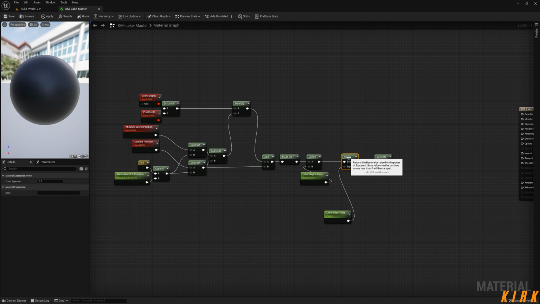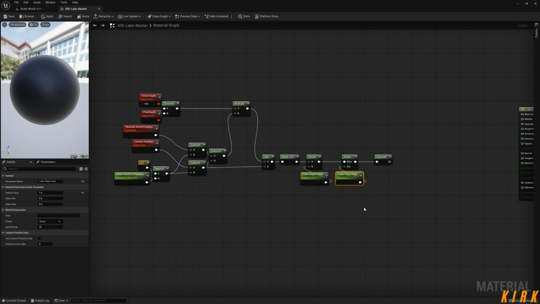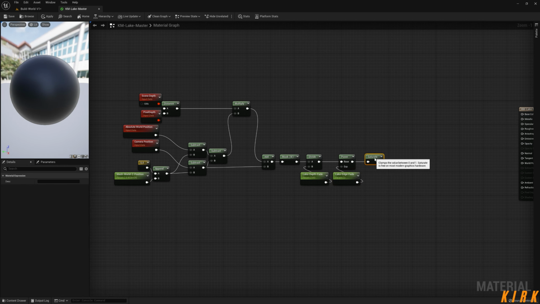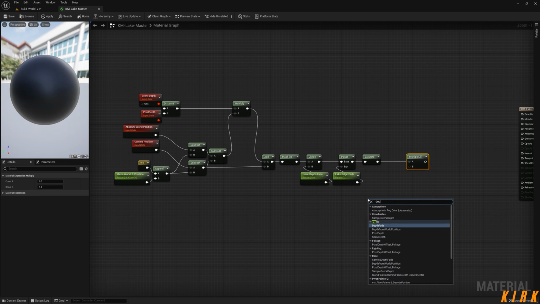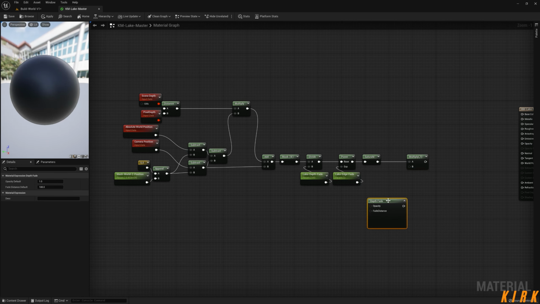So put this here. Do I want to do the depth fade? No, we'll do the depth fade after it. So I'm going to get a multiply node and put our multiply in there. I'm going to right click and type depth fade. We want the depth fade node. This is going to enable more fading depending on our, you see with the depth fade,